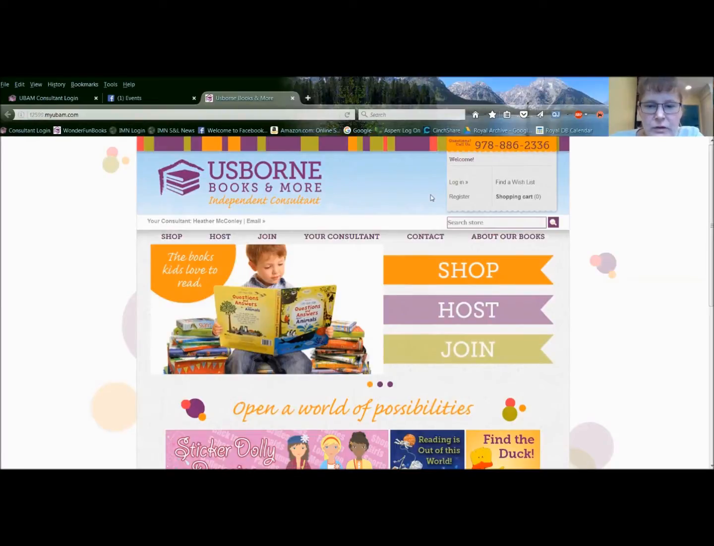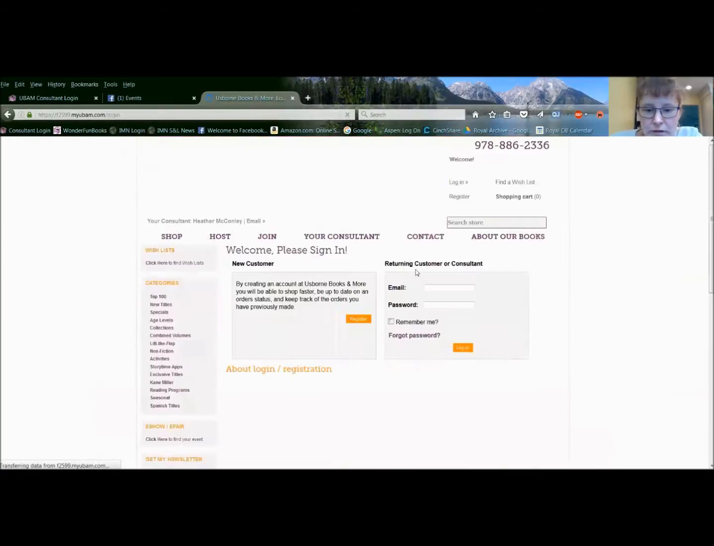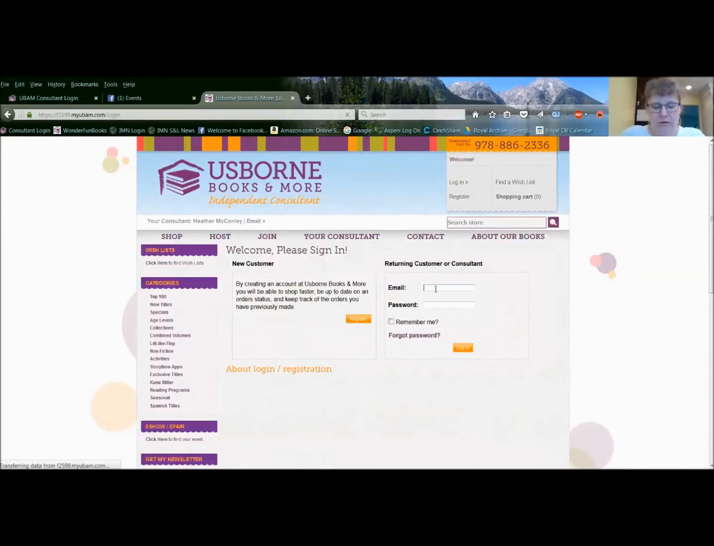All right, so the first thing that you're going to do is log in. When you log in as a consultant, you're going to use the email address that you gave Usborne. Sometimes people have more than one email address, so make sure you use the one that you gave Usborne when you signed up. The password should be the last 4 digits of your social security number, but you can certainly change that, and I have changed mine. So you log in,